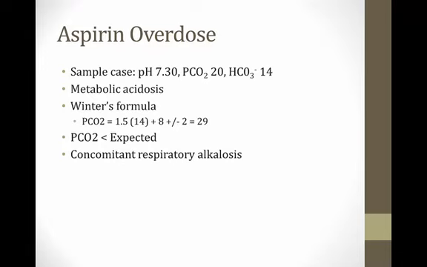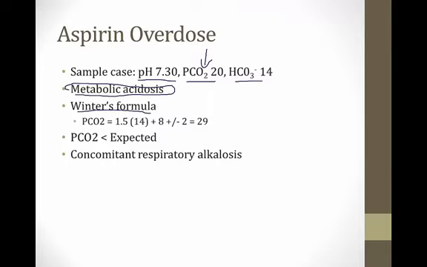Imagine a patient with aspirin overdose has a pH of 7.3, a PCO2 of 20, and a bicarb of 14. Well, the pH is low, so we know it's an acidosis, and the bicarbonate is low, so we know it's a metabolic acidosis. Now we see that the PCO2 is low, and that's what we expect in a metabolic acidosis from respiratory compensation, but we need to check that that reduction in CO2 is appropriate, and the way we check